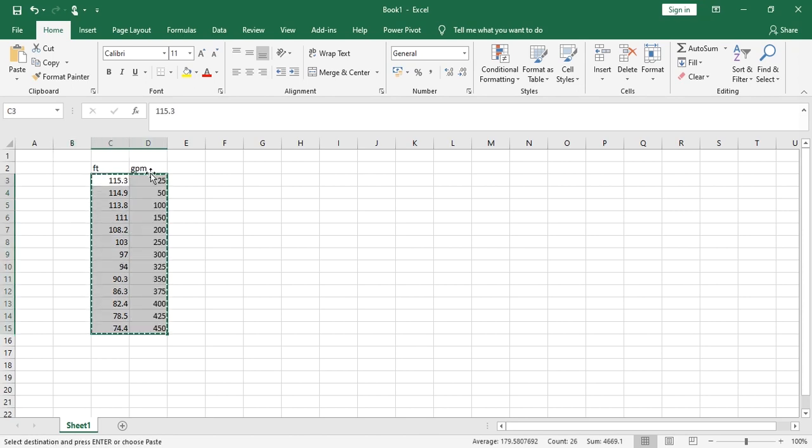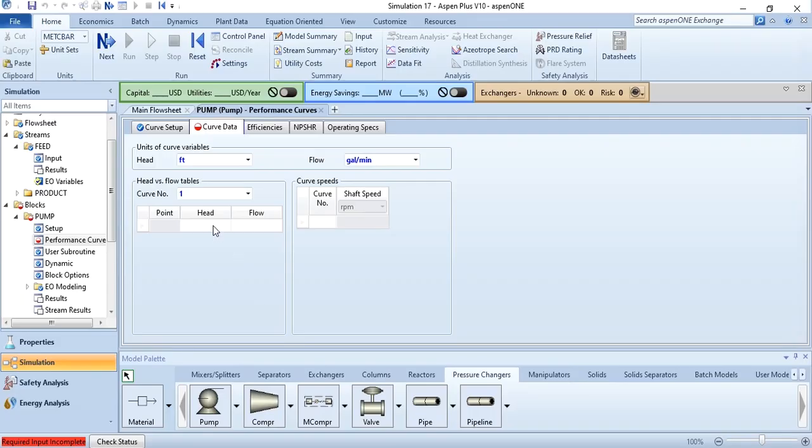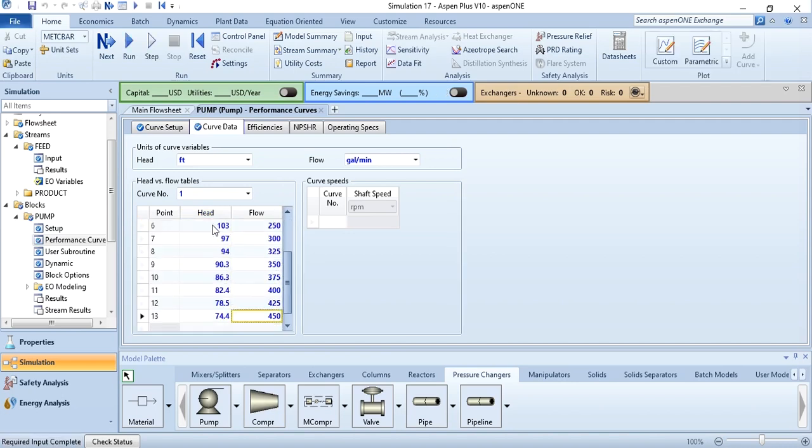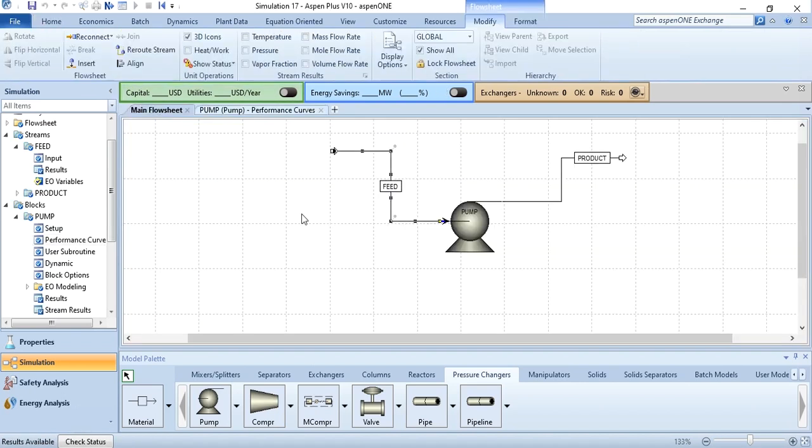First take it to the format, as head is given before and flow rate is after that, and just copy it and simply paste it over here. Once you paste it, you see that all the values are added over here, and this run button is now active. So simply click run, and once after running you see results are available.